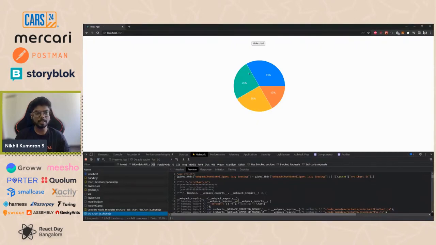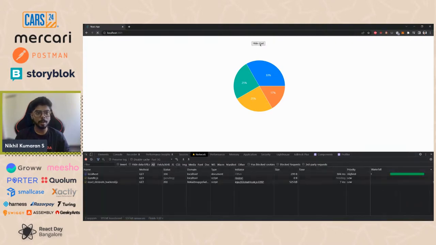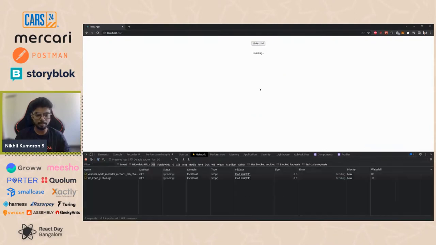While loading this, we are seeing a loading indicator. Maybe we can refresh and see. This takes a little while to download because it's a separate bundle, and until the bundle gets downloaded, we will see this loading indicator. And it's even slower when you are using slow 3G. So this is fine, but what it